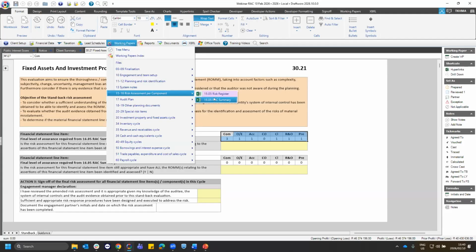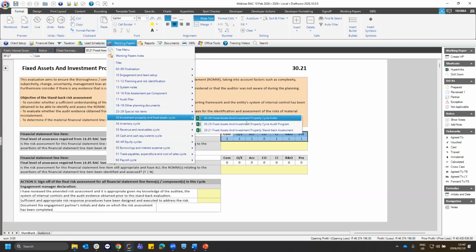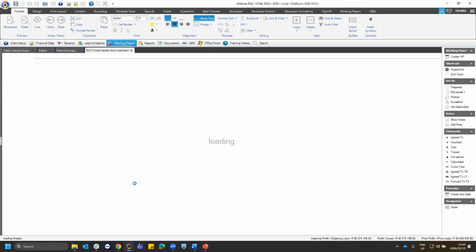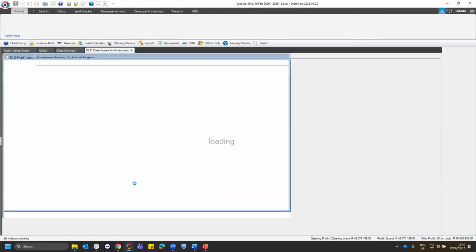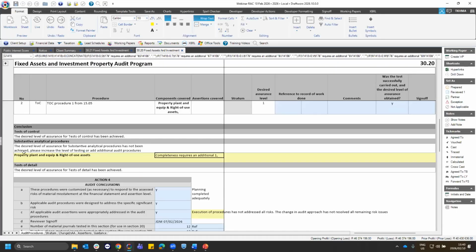So eventually everything will get to your audit program. Please don't confuse this with the change in audit approach. This is above and beyond of what happened on your audit program. You need to balance out your audit program before you come here. So if you now have on the audit program, let me just show you. If you still have procedures that show there are still things that need to be done, you